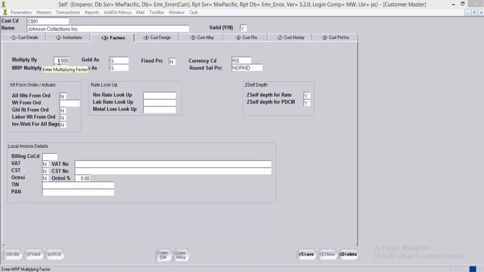For example, if the sales price is arrived by charging 5% profit margin, the user can apply some more profit, that is 20 or 25 percent, to get the MRP or the tag price for a given design. To apply 25% on a calculated price, in the system the user needs to define 1.25 as the MRP multiply by factor.